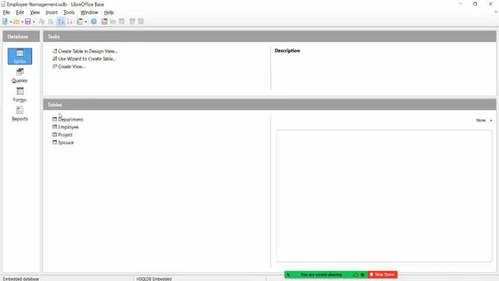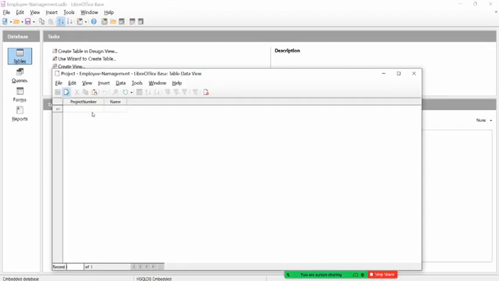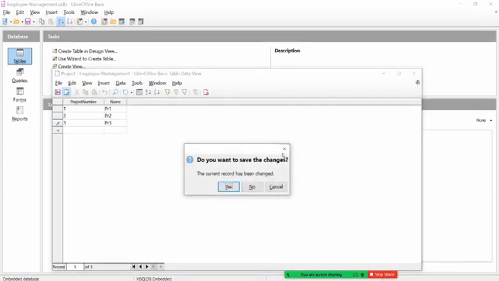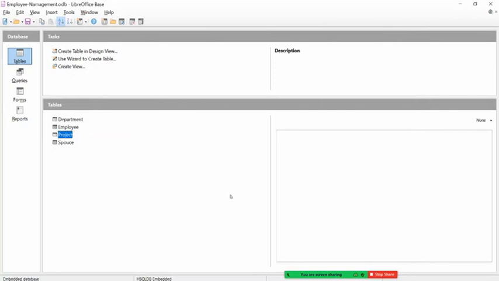Right. Now we have the four tables. The new one, project, is also there. Let's add some data. Project number 1, I'll call it PR1, 2 second project PR2, and let's say we have a third project also, PR3. Now I have a set of projects and a set of employees, and we have to model the fact that